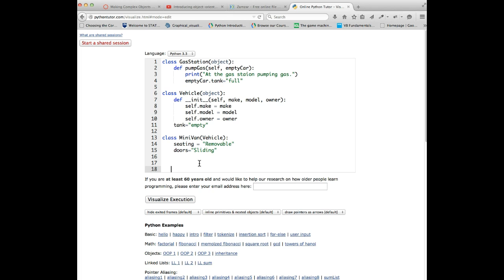We can add in a car. We could say, you know, this vehicle needs to have the gas pumped. If the tank attribute in that is available for us to talk to, we can set it to full even if it was empty. Our vehicle, if we look at line 6, the initialization method takes make, model,